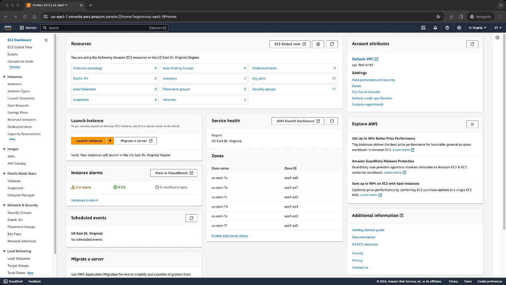Okay, everyone, so this is the EC2 lab demonstration. Once you have set up your AWS free tier account, it is recommended for you to test some of the concepts here. So I will be launching an EC2 instance and telling you about some of the configurations.